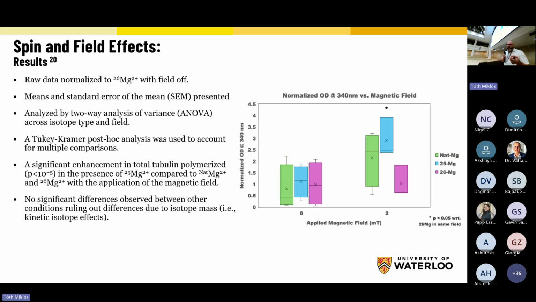And we see that we're reproducing that effect, at least for magnesium-25. It's a significant effect. We do get a large spread in the natural magnesium, and it's something we're looking into. But again, this is preliminary results on a new setup. So expect more from our group as we move along with this. This seems quite promising.